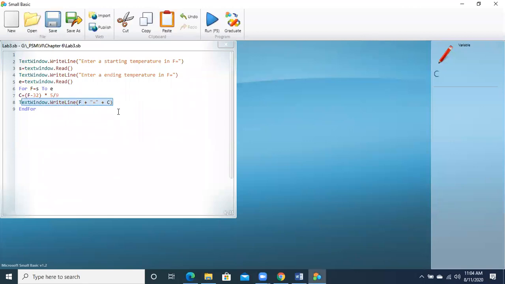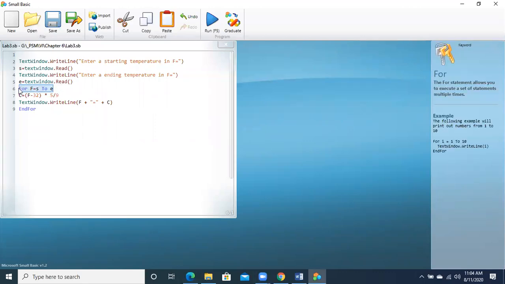What we are doing over here, we are printing the values of the variables. First, we are printing F. F is basically the value from starting temperature to ending temperature, changing each time by 1. If the user has given starting temperature, let's suppose 90, and ending temperature 100, then F is being increased. We know that in the for loop, by default, the increment is 1. First value is 90, then it will become 91, 92, 93, 94, and it will go up to 100, whatever the last limit is. And each time the temperature is being increased.